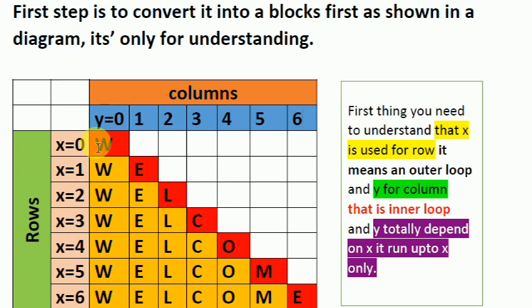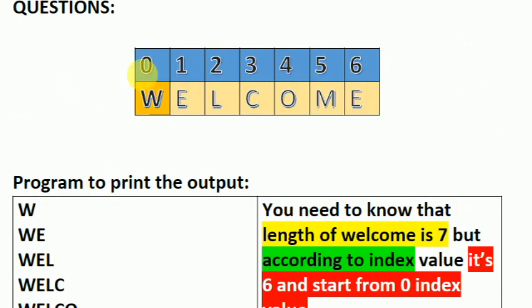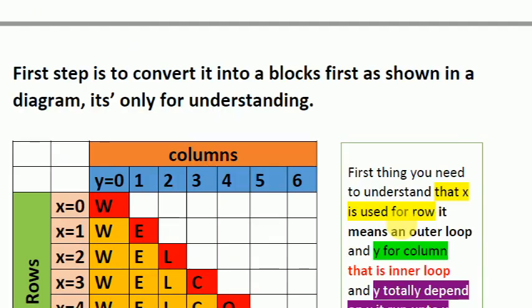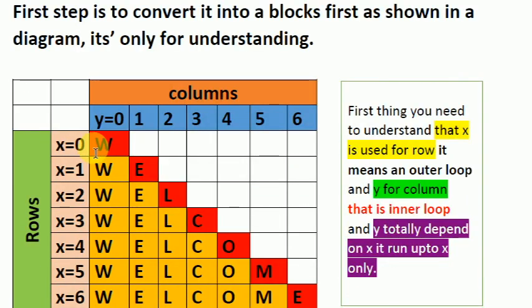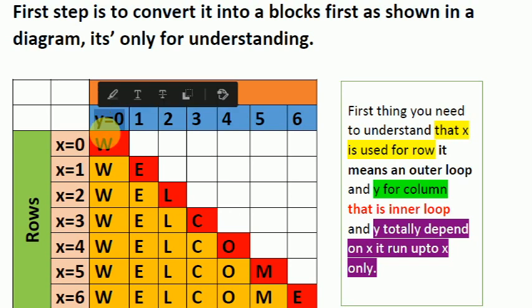First thing you need to find out is where W is going to be printed. You're going to see that W is on each row. W is at the left side, which means the first character is W in each row. It means W is sitting at the index value 0. If you go through the block, you will find out it's sitting at 0. That means every time a column is created, the text that is going to be printed, W, is going to start with the value 0. I have already put it here. So you need to understand that also.